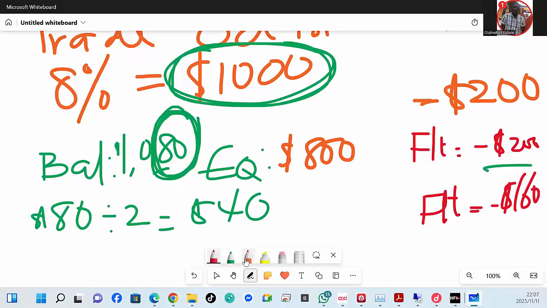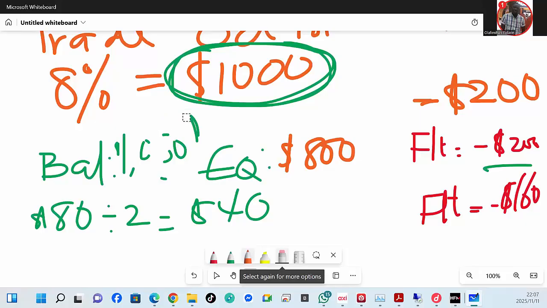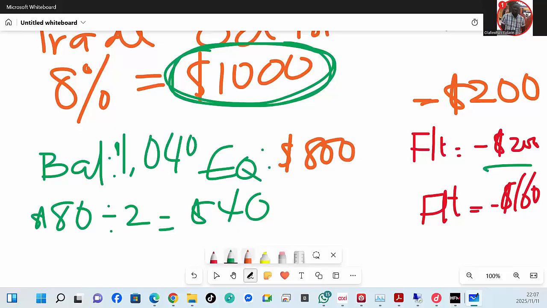and our balance will become $1,040. You still keep this $40, but the $40 you took from here, you have made sure that you have reduced risk, and your float has become negative $160, and you keep on trading. And at the end of November, you make 8% again, and when you make 8% again, you are closer to December, your capital will become $1,120.